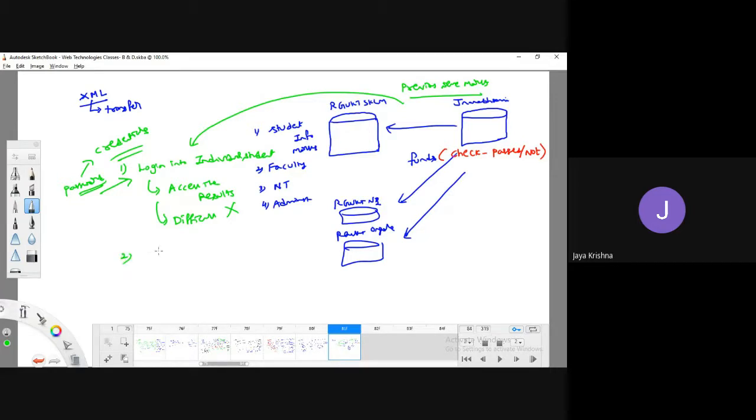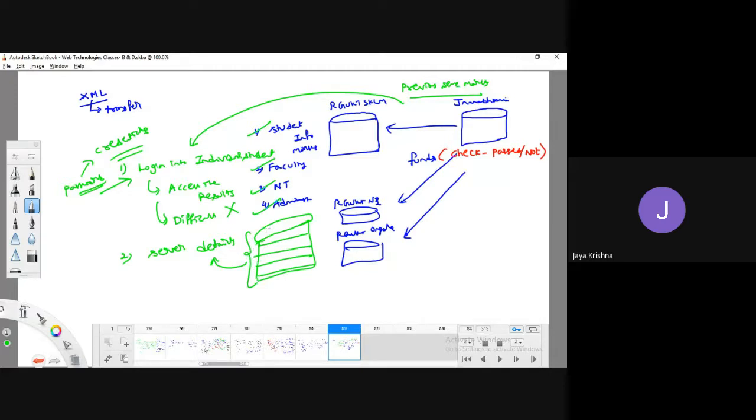Another way is that we directly hand over our server details, where the entire information like student information, faculty information, non-teaching information, administration information, is maintained in the college database. If we give these college database credentials, their problem will be solved, because it contains data in the form of a database.